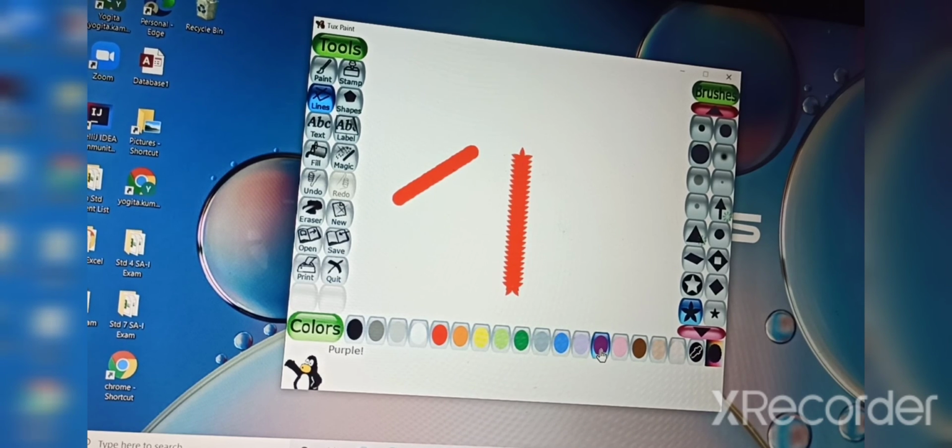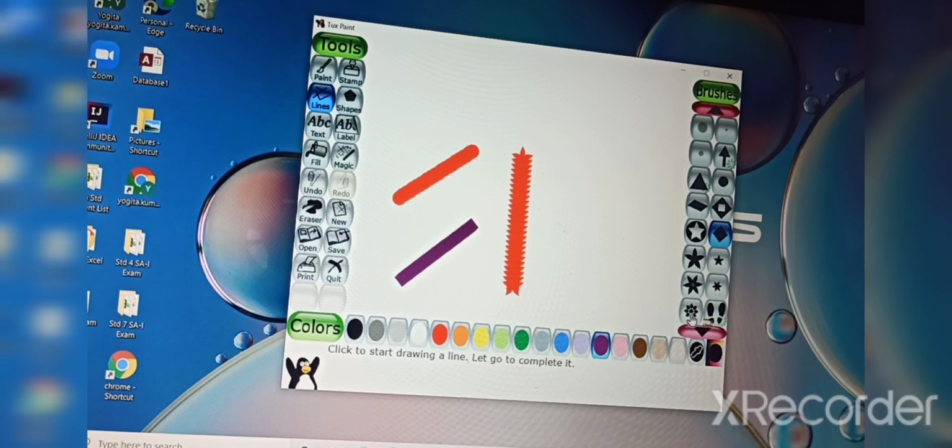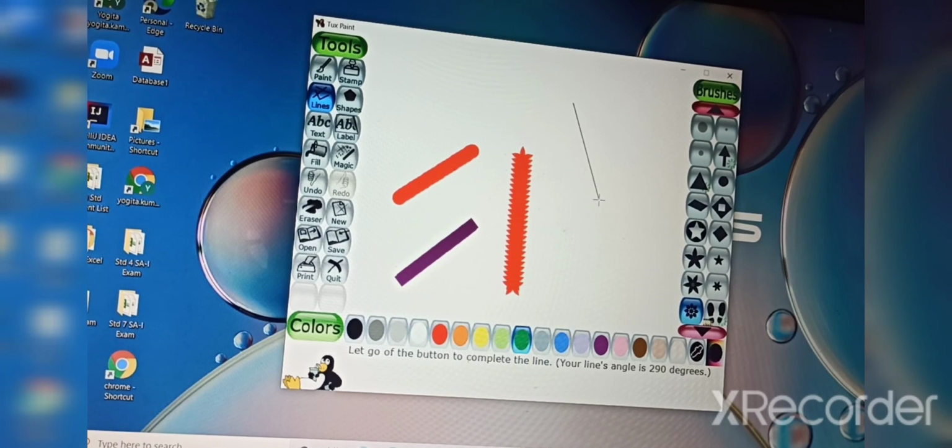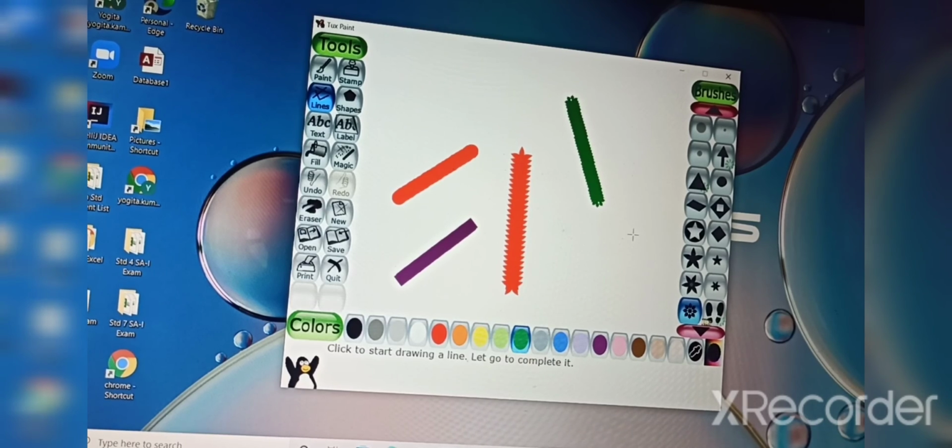Now I will change the color. I will do another one. See, like this it will appear. Any other color you want, you can change. Now I will take the green color. See, like this it will draw. So like this it will work.